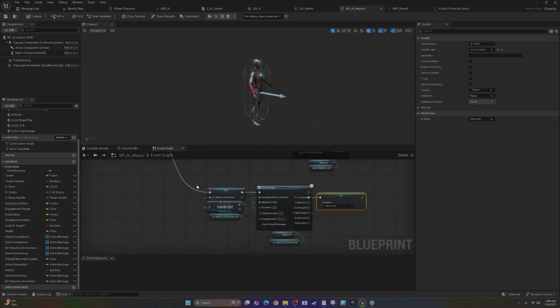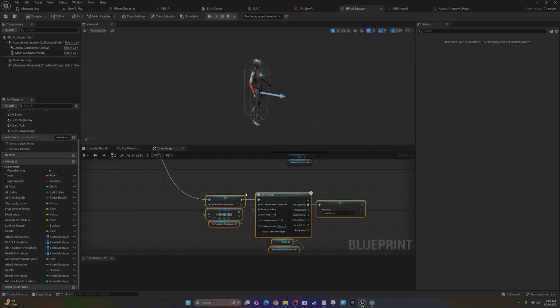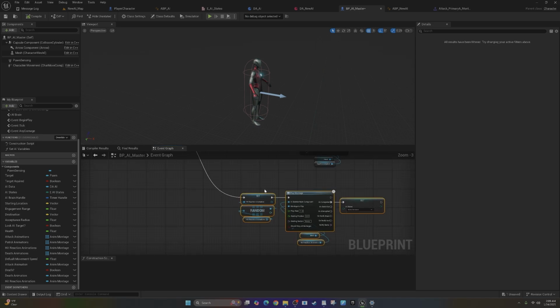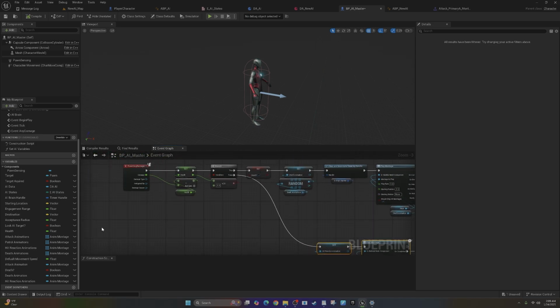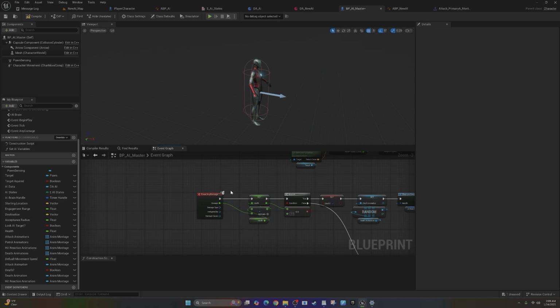And then we also want to make sure that there is some kind of threshold for when they take damage. Because if you're using something like a machine gun and you're hitting the AI, you don't want them to play a reaction every single time, or else they won't ever be able to get to the player. So what we need to do is to create a threshold. We can do that by getting our health. Well, actually, what we can do is